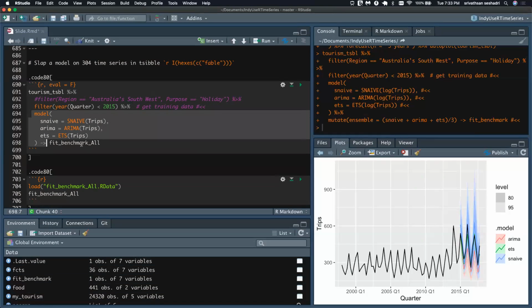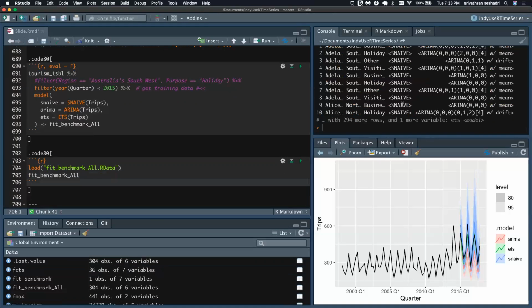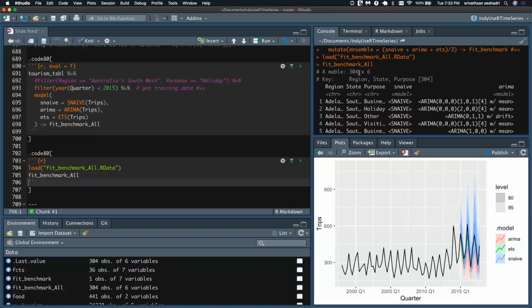It'll run in parallel. I'm loading the results of this, which I saved in an R data file. I'm not going to run it. It's going to take a little bit of time, but you have a model, or mable, for all the 300 series right here, which is super awesome.